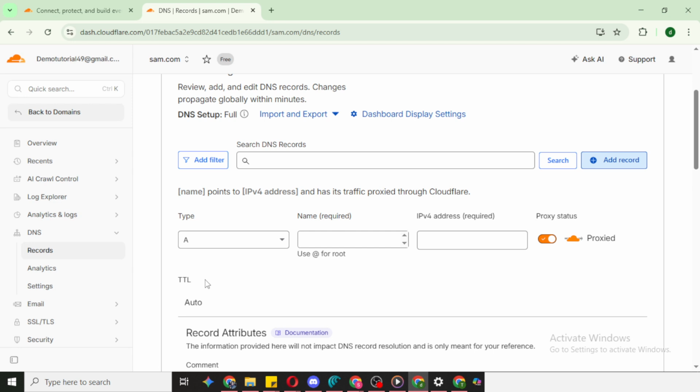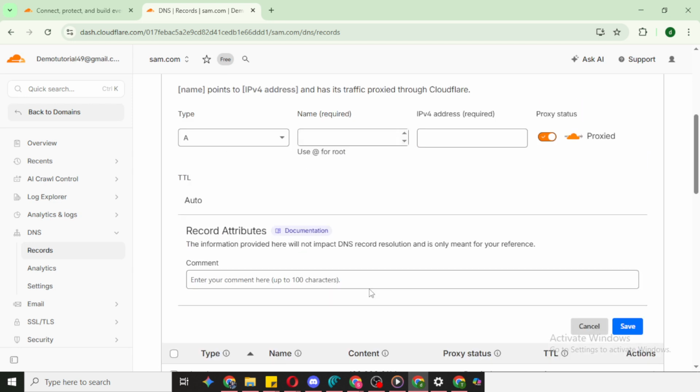In the IP address field, paste the server address provided by your hosting or service provider. Be careful to avoid extra spaces or typos. A single wrong digit will send traffic to the wrong place. Review the entry one more time to make sure it matches what your provider supplied. When everything looks correct, click Save. You'll see the new record appear in the list.